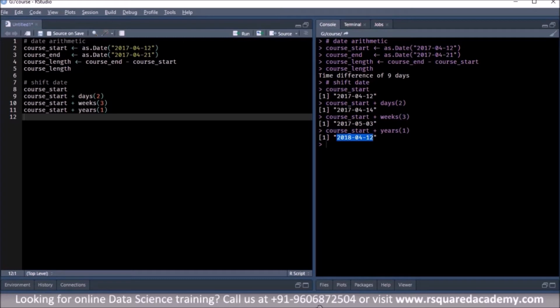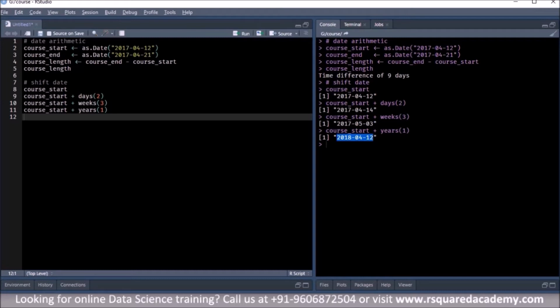So whenever you have a particular date and you're trying to change some component of that date, it can be the day, the week, the month, or the year, you can use these functions. They are from the Lubridate package. We have given the link to the reference for these functions from the package website in the learning management system.